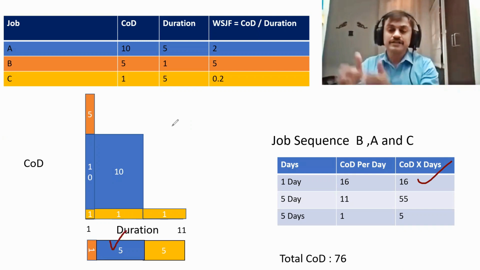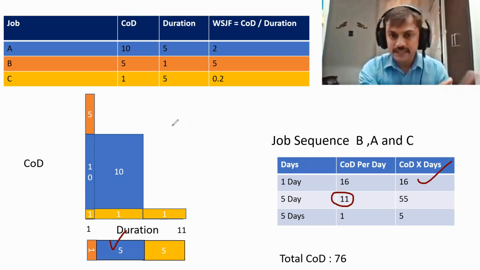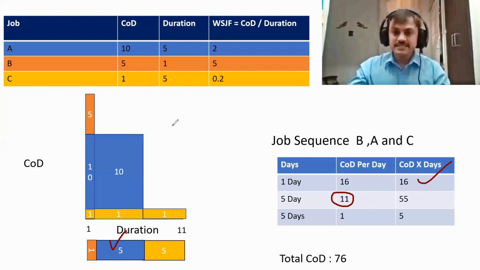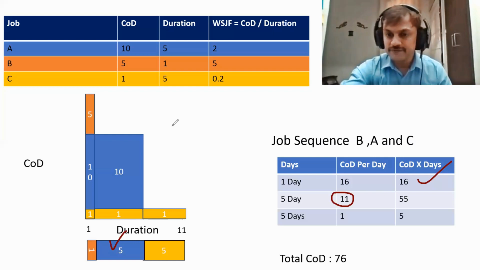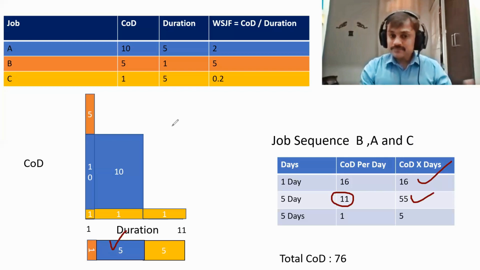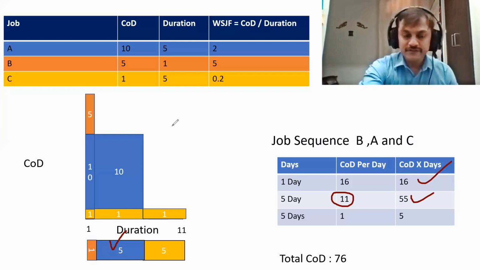So this 11 will continue for 5 days because this is how you are prioritizing. So if I'm saying 11 multiplied by 5 for day 2 to day 6, I am incurring $55 as a cost of delay in total. Now, once that is done, say day 6, the job B is done, and we are only left with job